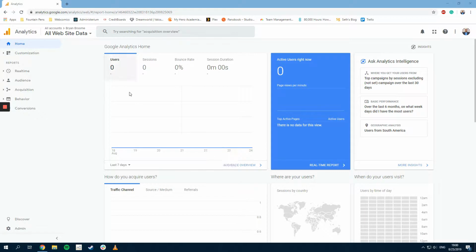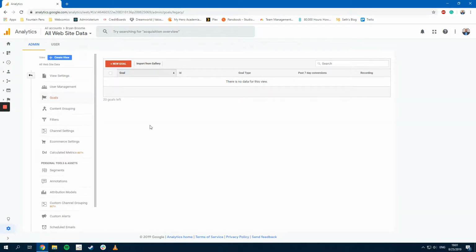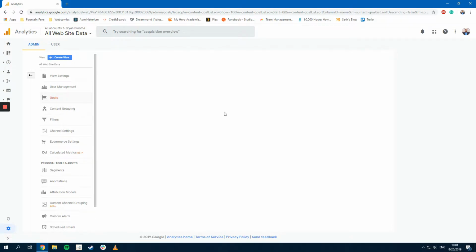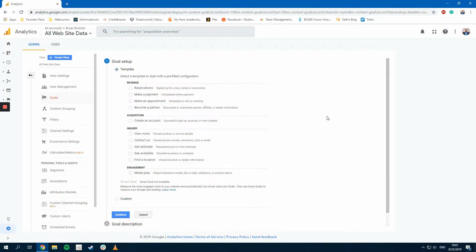Goals is something that you can use to determine whether or not somebody is getting where you want them to go. So if you have a marketing campaign set up to sell a product and you've sent out a marketing campaign email blast, one of the ways that you can track how successful that is by going to goal setup here,